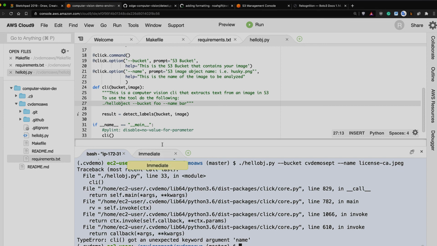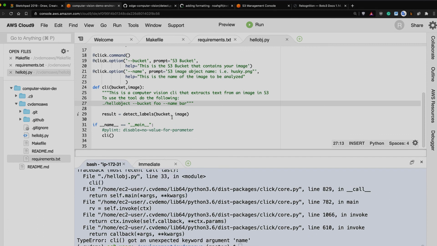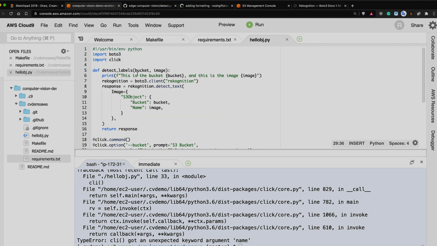So let's fix that. This should be pretty easy. Just to make things, it really doesn't matter that much, but to make things easier here, I'm just going to swap this out. I'm going to make this the same and just make this the same. There we go. I think that should work. I mean, there's a bunch of ways to handle this, but let's just do that. Okay. And now if I run it again,